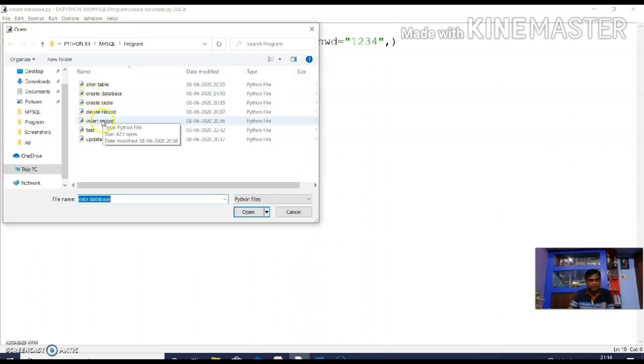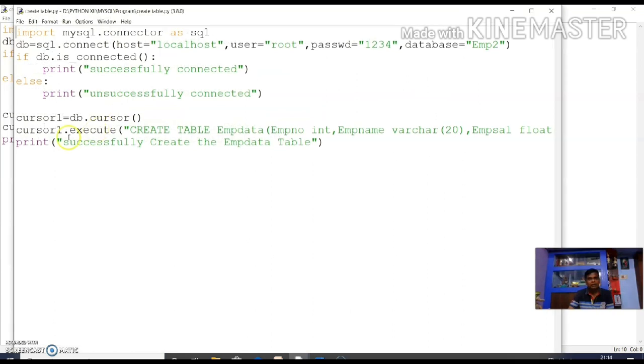Already I have written the program for how to create the table. You see this program. I have written the same code: you connect to the database, check whether it is successfully connected or not, establish the cursor, and now you execute the query.